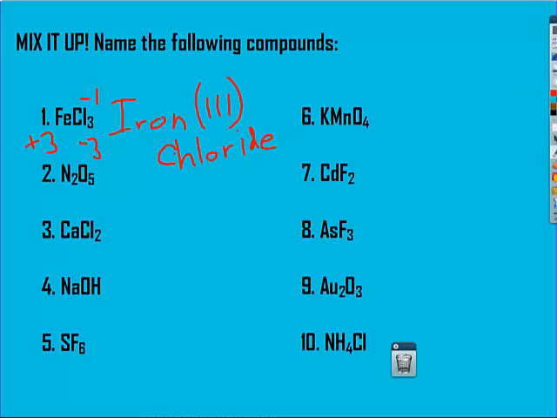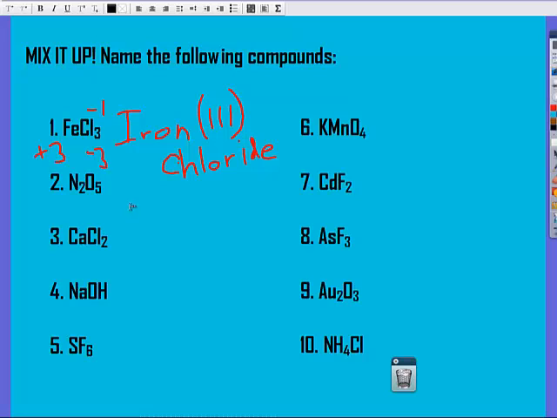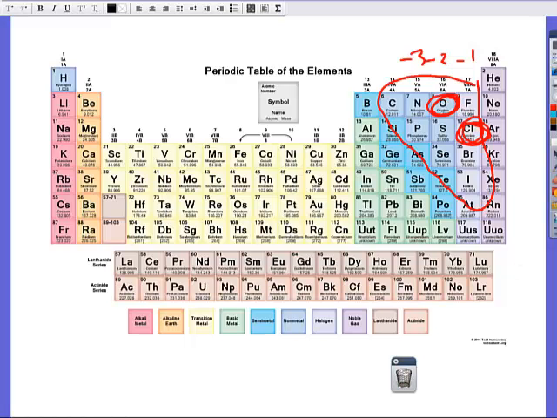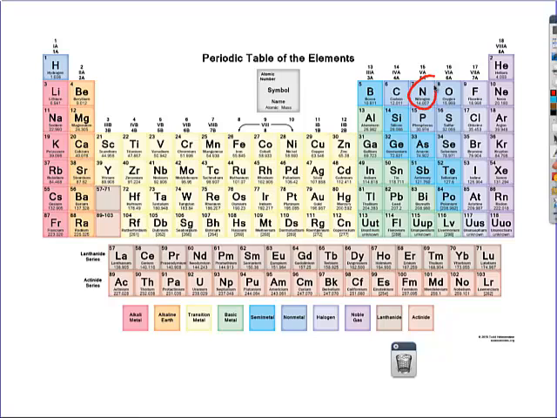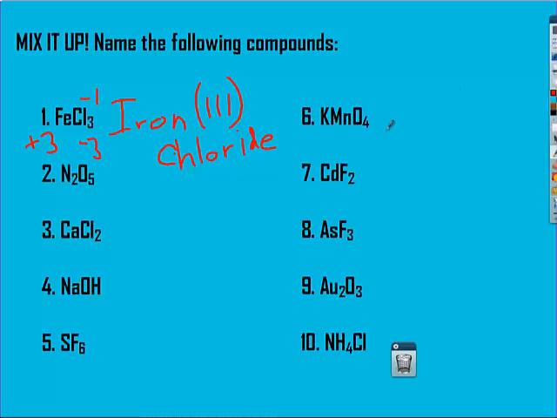I'm going to type the next ones because this is ridiculous. Okay, here I have nitrogen 2, oxygen 5. Let's find those on the periodic table real quick. There we go. Okay, nitrogen is right here, oxygen is right here. They're both in this section. Since they are both in that section, then that is a nonmetal and a nonmetal, meaning you have to use